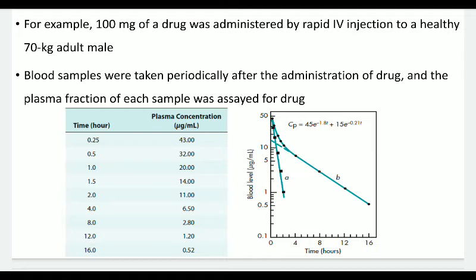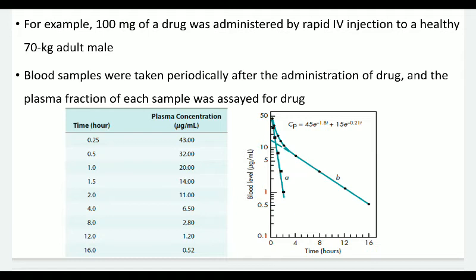So first we have to do a brief experiment, a small experiment, in which a subject, whether a human subject or an animal subject, has been given a fixed dose of drug, that is 100 milligram in this particular case, and periodically samples have been collected and the plasma concentration of each sample has been determined. And when you plot a graph of blood plasma level, that is microgram per ml, versus time, you